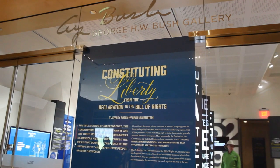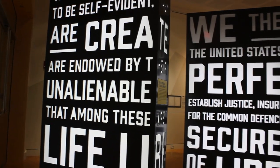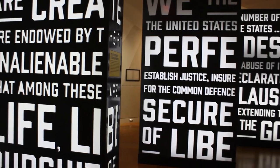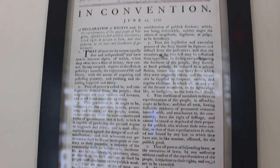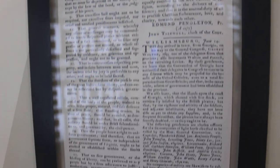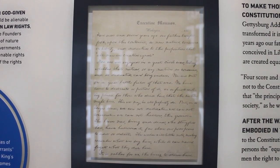Right next to it is something called the George H.W. Bush Gallery, and at this time, I was getting the impression the gallery changes themes every so often. I'm not sure how true that is, but at the time, it was something called Constituting Liberty, and it was a history of the Declaration of Independence and also the Bill of Rights. Here I was able to see a copy of the Gettysburg Address,